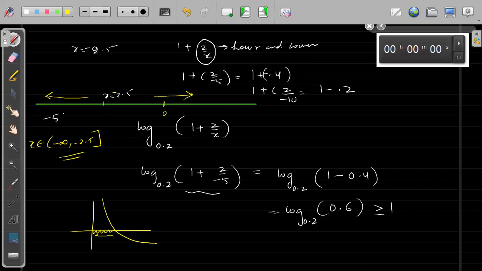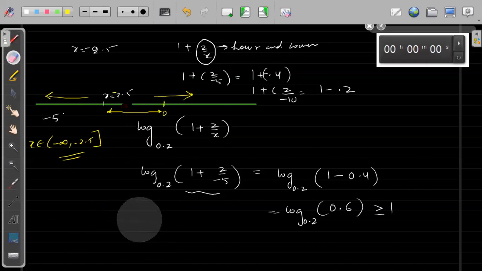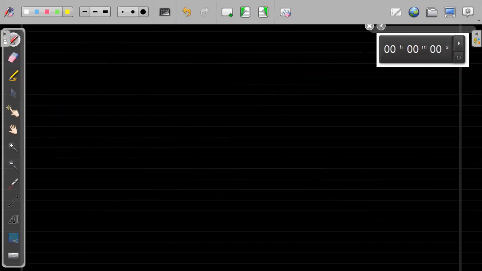So 1 point we will have 0. Now let's move from 2.5 to 0. As we move closer and closer to 0, see, as you move closer to 0, this part. Next, again, the same thing I will draw. First I have established from minus 2.5 and now I will check for 0.